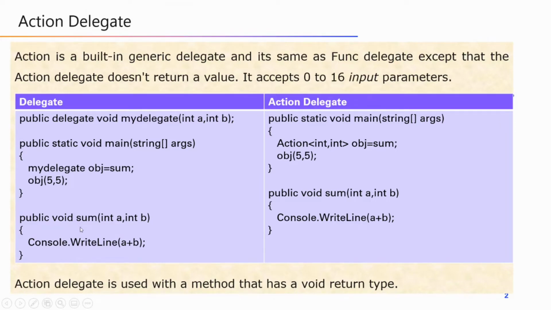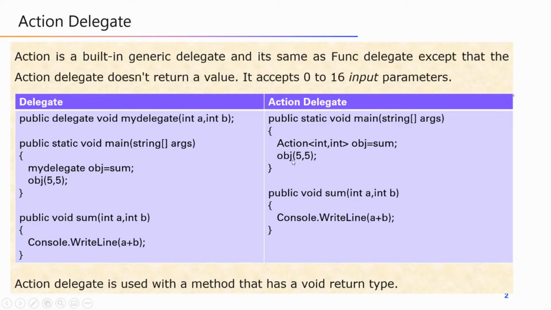When we want to access this method using delegate, we have to declare the delegate which should match our method signature, create an object for the delegate, assign our method name, and call that object to access that method. But by using action delegate, we assign our method directly to our action delegate object and call that object to